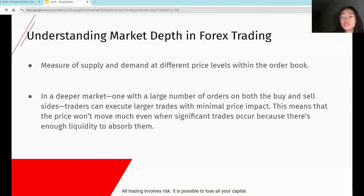So why is this important? Because in a deeper market, which means one with a large number of orders on both the buy and sell sides, traders can execute larger trades with minimal price impact. So this means that the price won't move much even when significant trades occur because there's enough liquidity to absorb